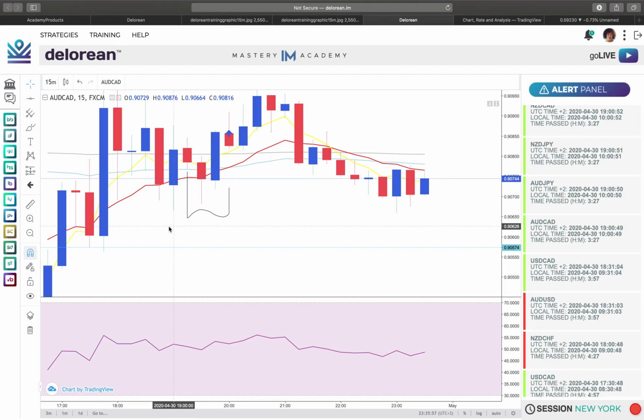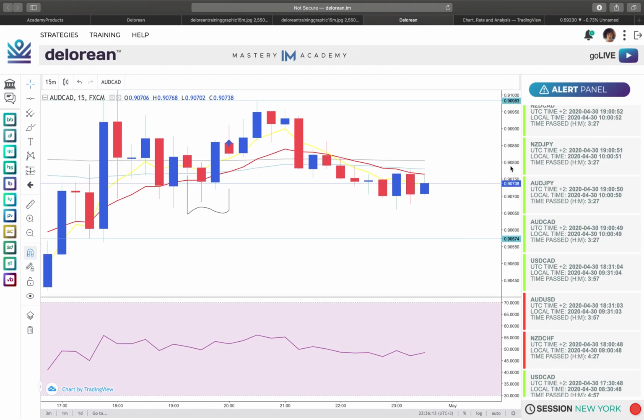Does anybody notice the gray? Notice how the gray sits above the red, but cuts through the blue. This might not seem like a big deal to you. This might seem like something you'd overlook, and maybe you just say, you know what? I'll take it anyway. Now, you can obviously go for that, and you can do your own thing, but here's